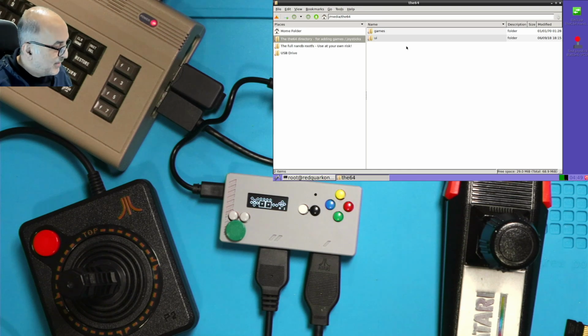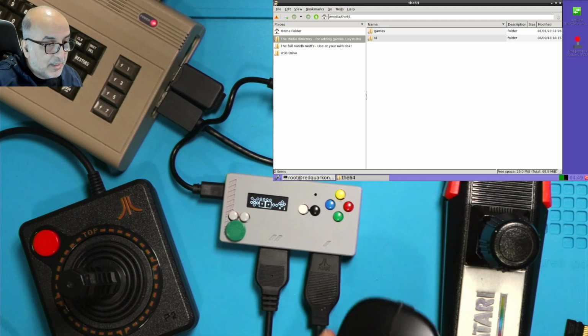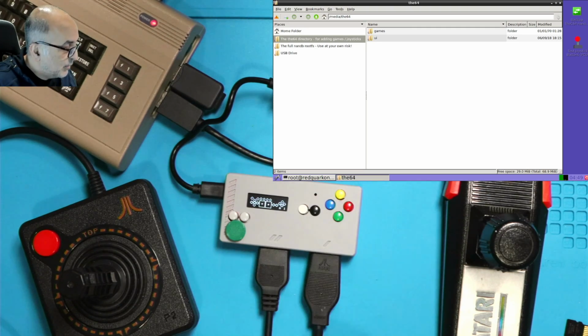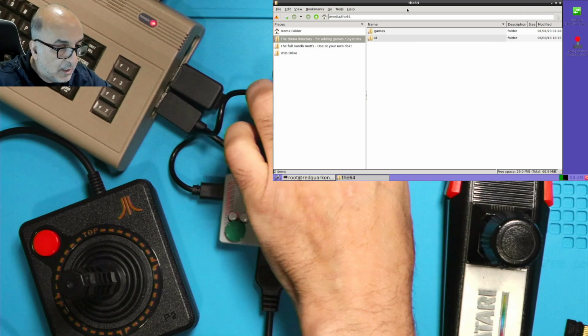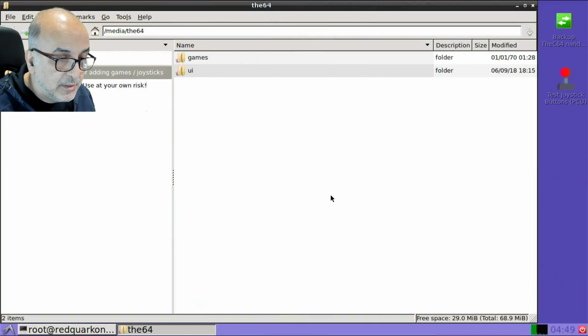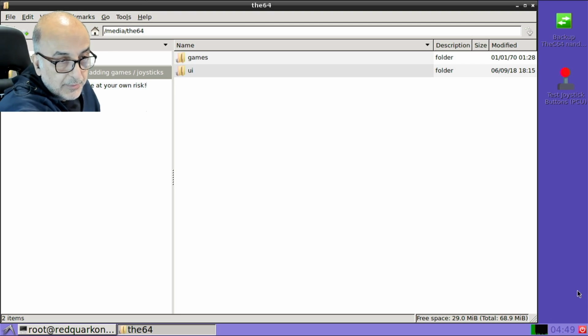All right, I've got my mouse connected. I just put in a USB mouse, and this is a wireless one. I put it into the hub I have over here, and my mouse is operating. Let me zoom in more so you can see. Here it is. So in order to get this to work, what we need to do is